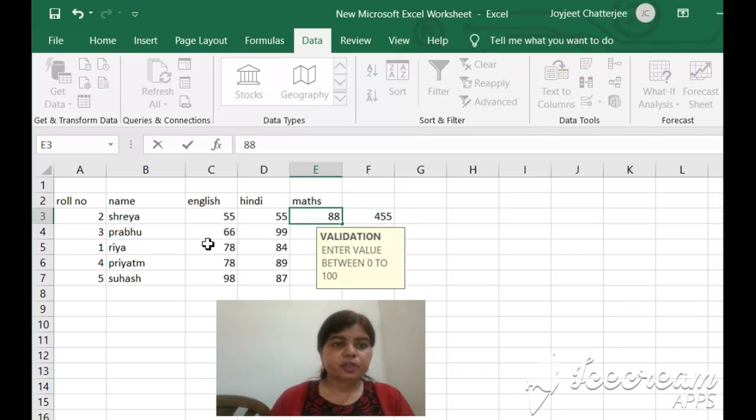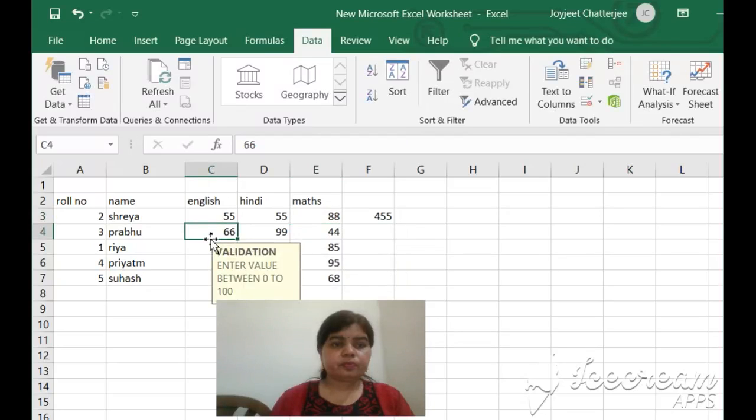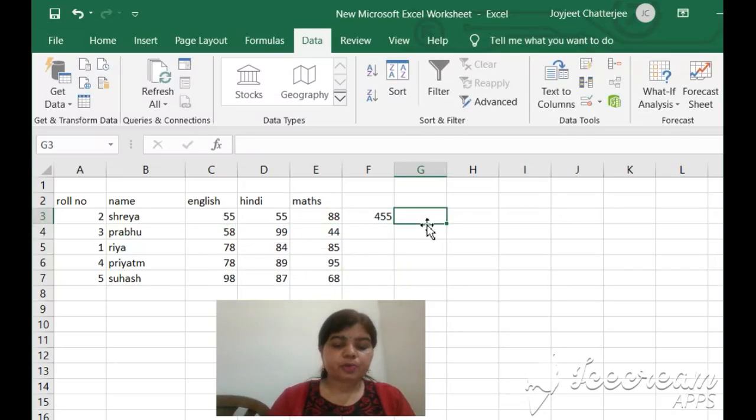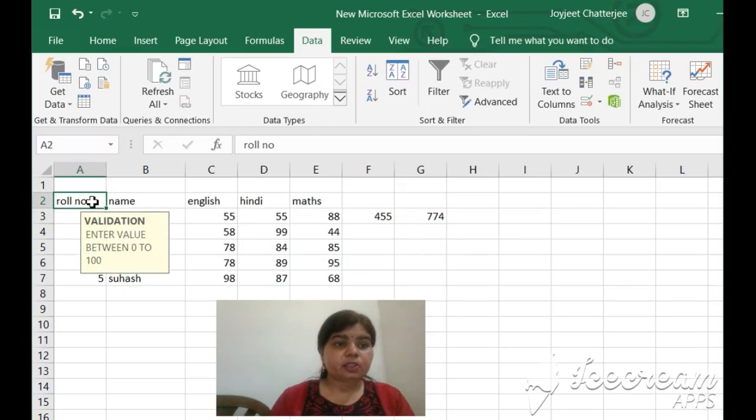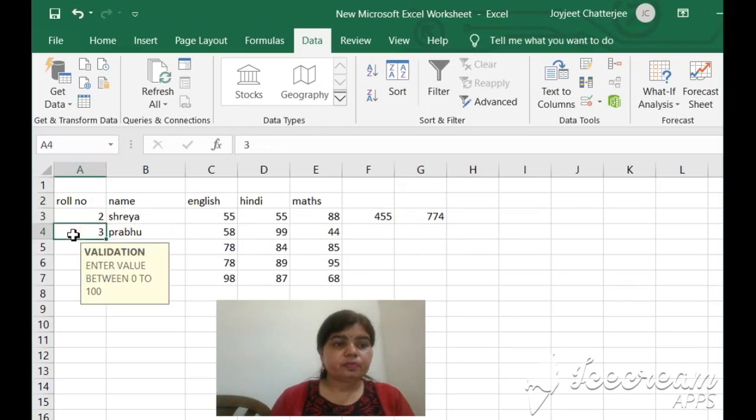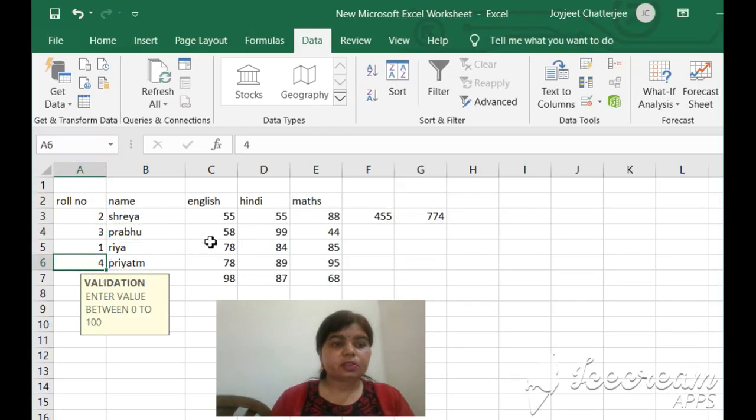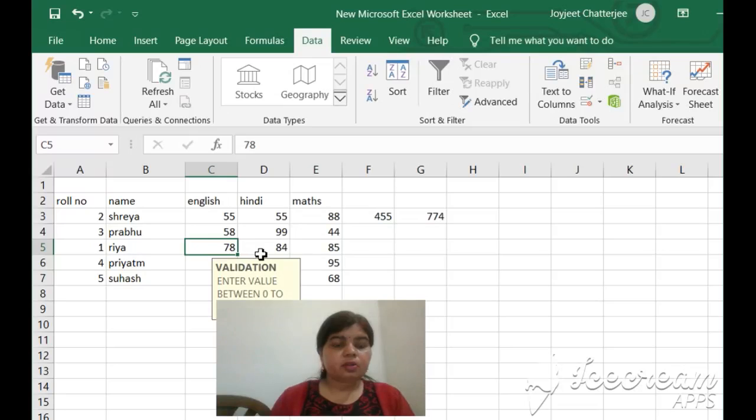Here also the computer will take it. But what about here? Here the computer is not going to object. There is no objection because data validation is not applied in this cell. It is applied only in this area. Clear?